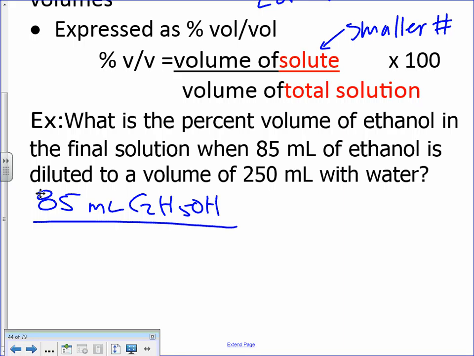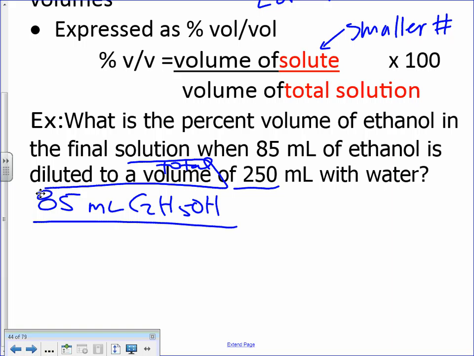Well, you're right. Yeah, you're right. Tell me why you're right. How is this phrased differently than what we were just talking about previously? It says 85 milliliters of ethanol is diluted to a volume, right? So diluted to a volume means this is the total volume of 250 milliliters because it's saying diluted